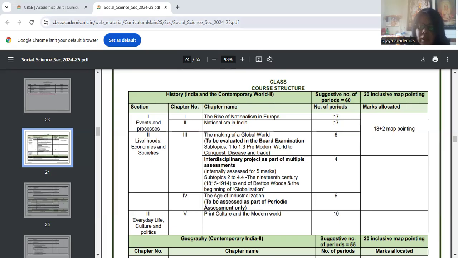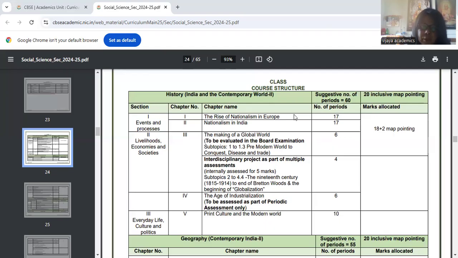As per the CBSE, I have the syllabus structure, the course structure, of the year 2024-25. There might be slight changes in the coming year. Some topics might be deleted or added. It happens every year. So let us see in detail what all those things are, which things are important